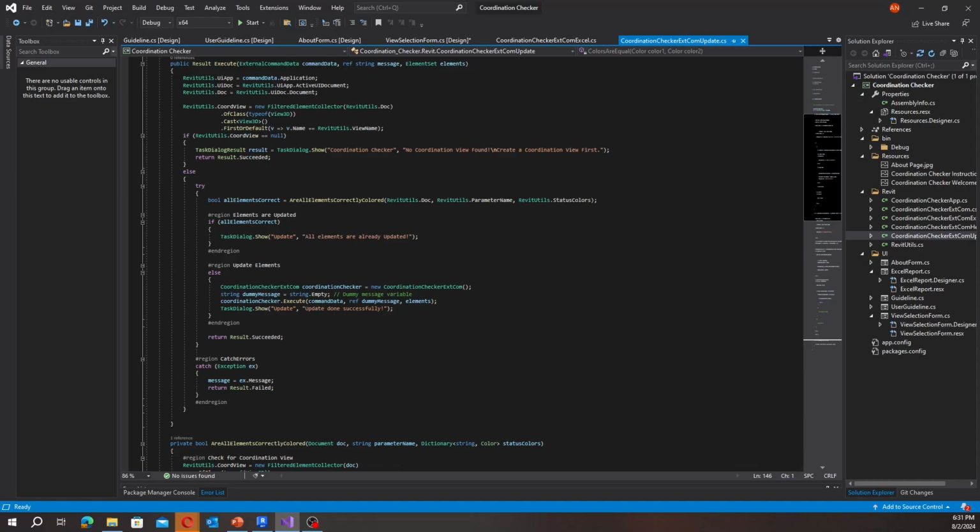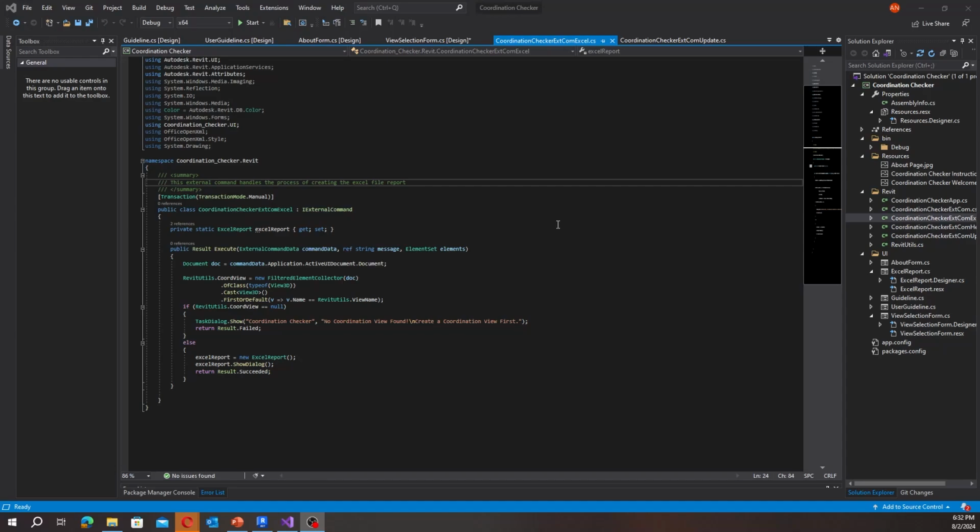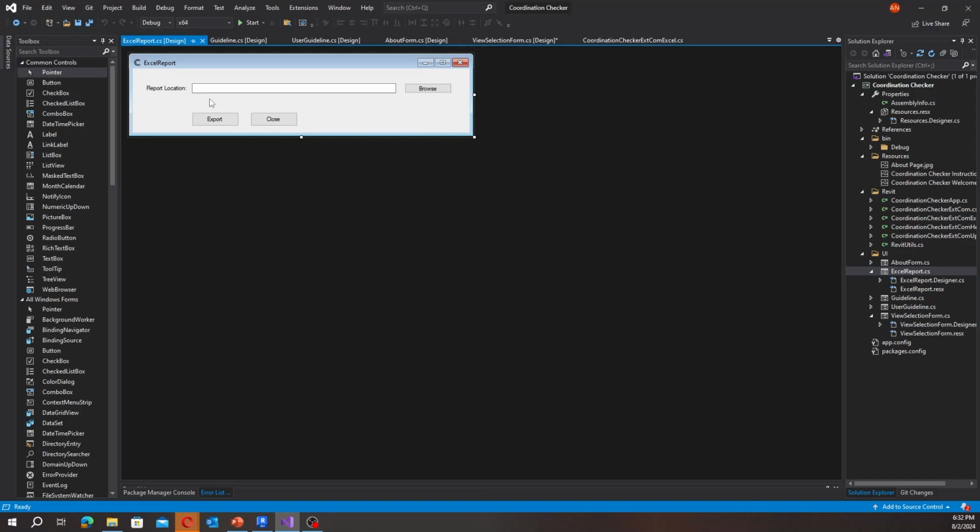And this is the Excel report, the last external command. We are simply inquiring if there is a coordination view. If there isn't, we are going to tell the user to create a coordination view first. Otherwise, we're going to call the Excel report, which is a Windows form that is right here. So the user is going to choose the location and choose export. If the user chooses export,